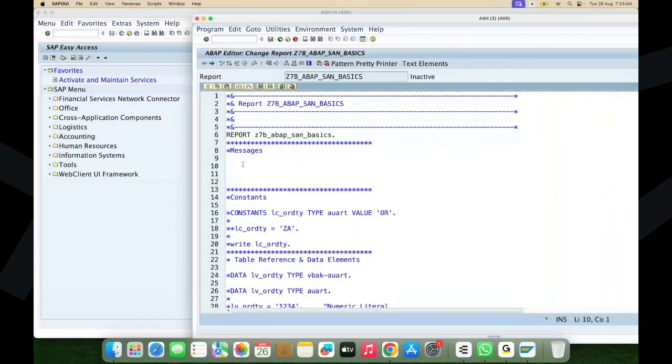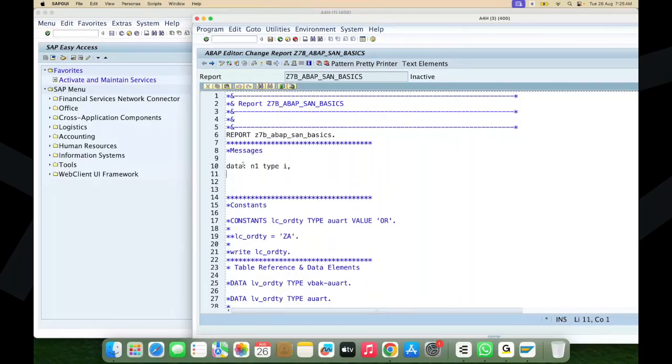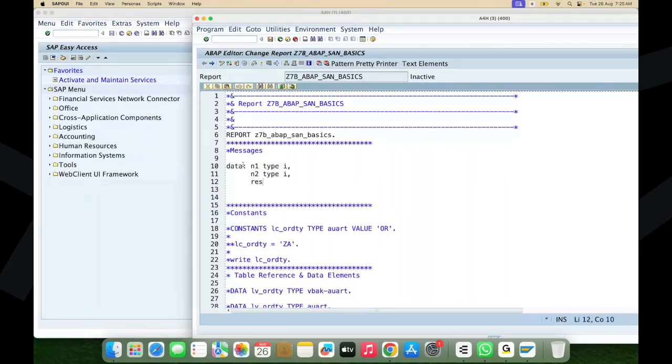For example, I am printing numbers or doing some calculation, an addition operation using different keywords. Data N1 type I and N2 type I, result type I,